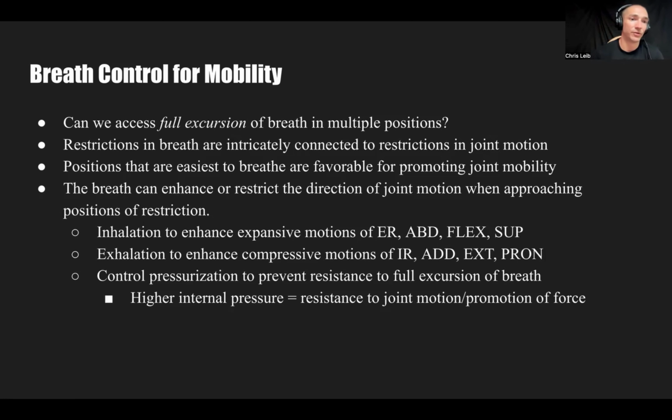And then vice versa, when exhalation would be more compressive. So for motions like internal rotation, adduction, extension, pronation, we can look at how we're exhaling and whether we're able to get a full excursion of compression or release of pressure as we do that. And then usually most positions that we go through will have an interplay between the expansion